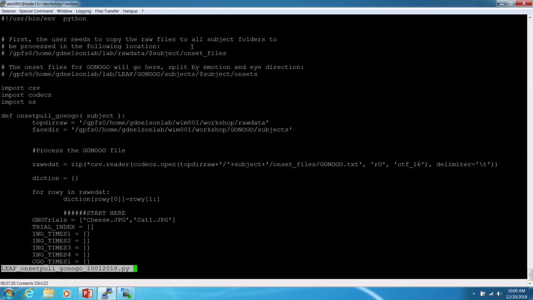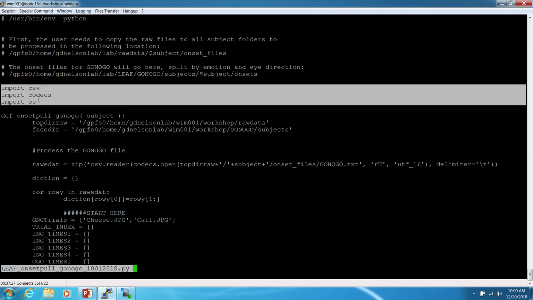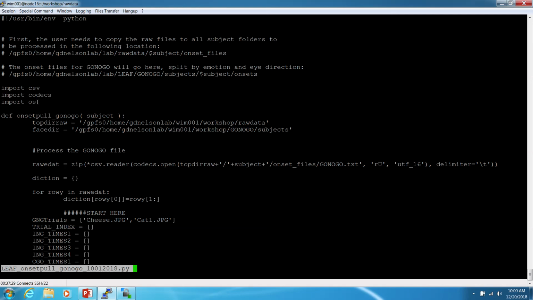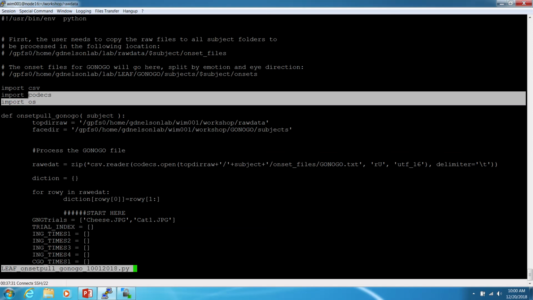All right. So in order to do that, it has to be able to read in text files and run system commands like deleting and moving files. So